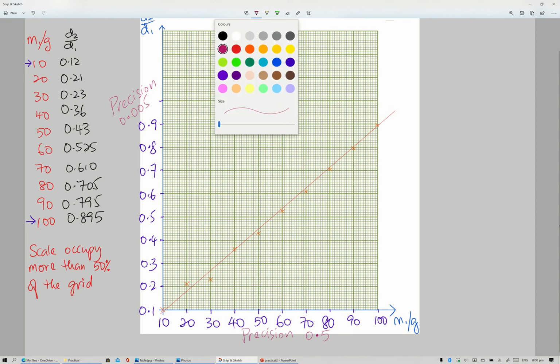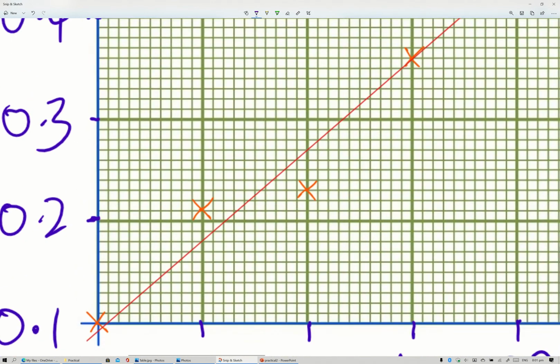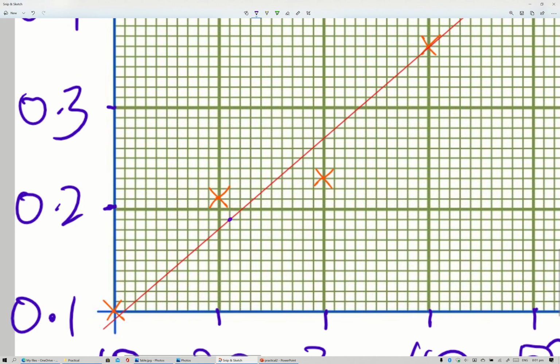Next, I'm going to find the coordinates to calculate my gradient. And to find my coordinates, I need to draw as large a triangle as I can. So the first coordinate I see is by looking from bottom up, in this direction up. Look for the perfect intersection. And the next one I'm going to see is from top down. And again, look for the other perfect intersection. When I zoom in, I found this to be a perfect intersection. And this coordinate is